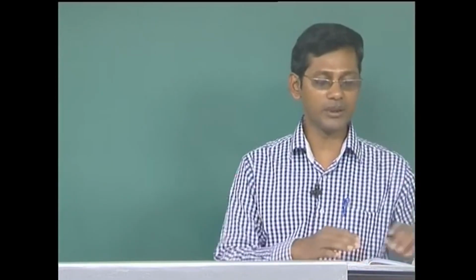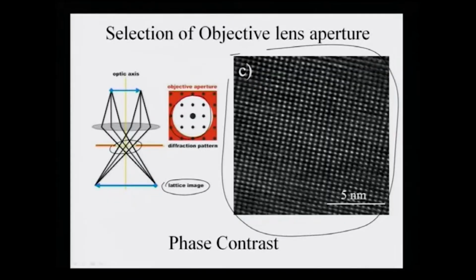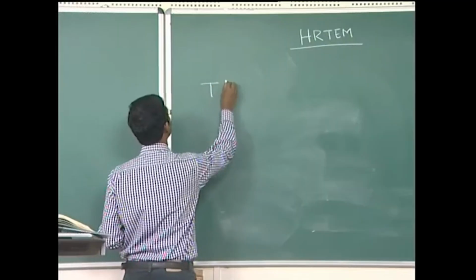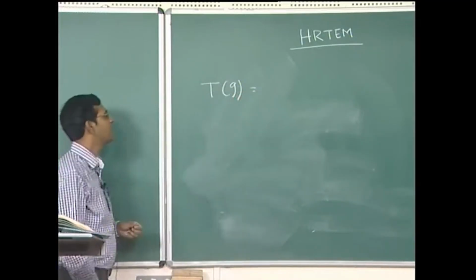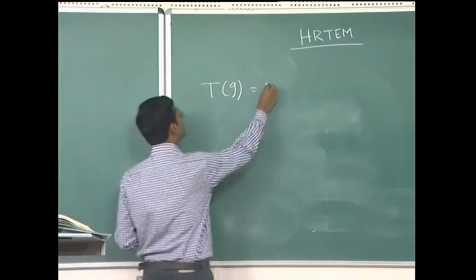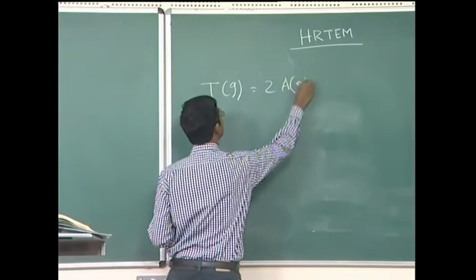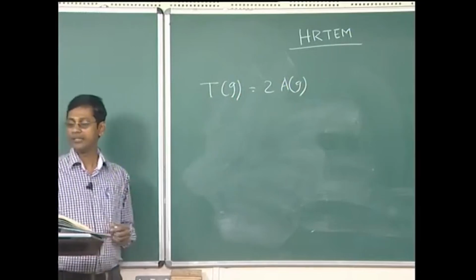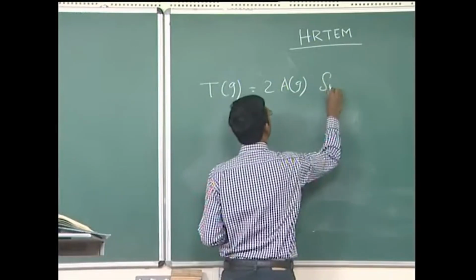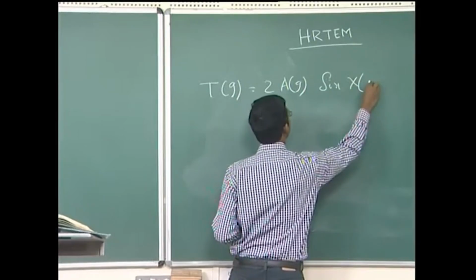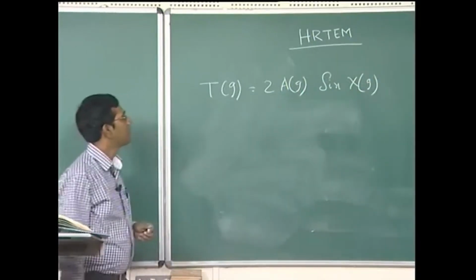A transfer function of the objective lens in an electron microscope can be given in a very simplified way. I will not discuss the detailed derivation, but the transfer function can be written very easily. If I write the transfer function of an electron objective lens like this, Tg is nothing but 2 Ag, where g is the spatial frequency, times sin xi z. This is the simplified transfer function of the objective lens in an electron microscope,